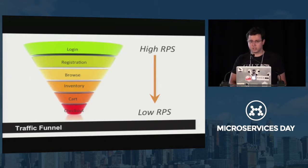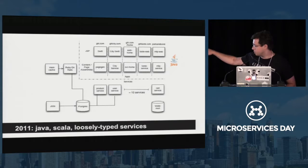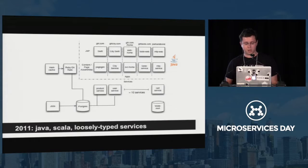So we took a long, hard look at where our traffic is actually coming from, looked at the traffic funnel, and essentially broke it out into a few key places. Login and registration obviously gets a lot of traffic, versus checkout, which gets less traffic. And we decided to break out our initial microservices that way. Across the bottom there are some backend services that are part of that funnel. And then on the front end,